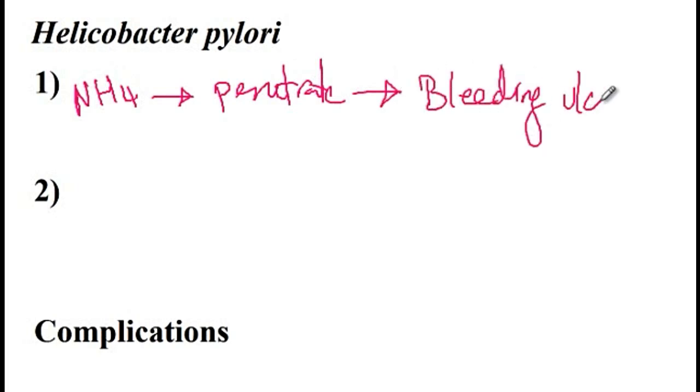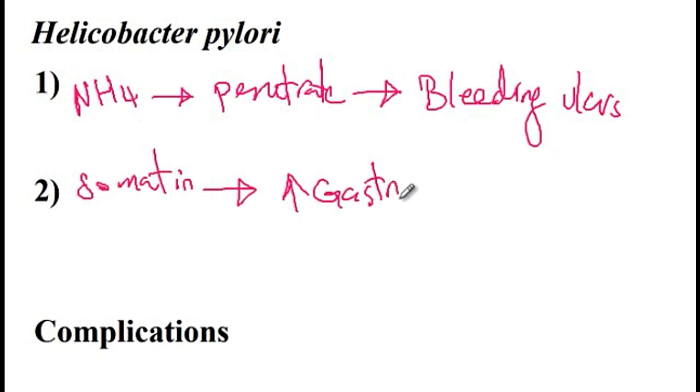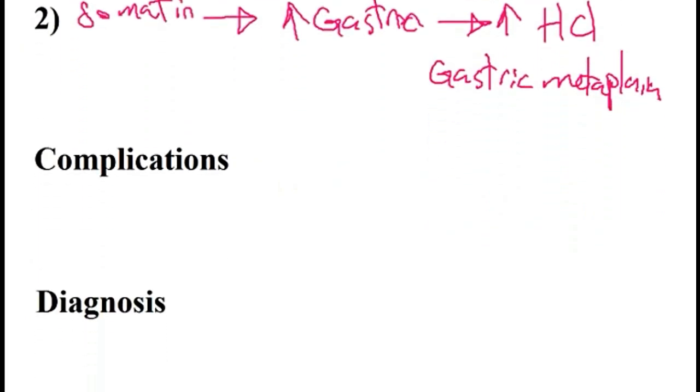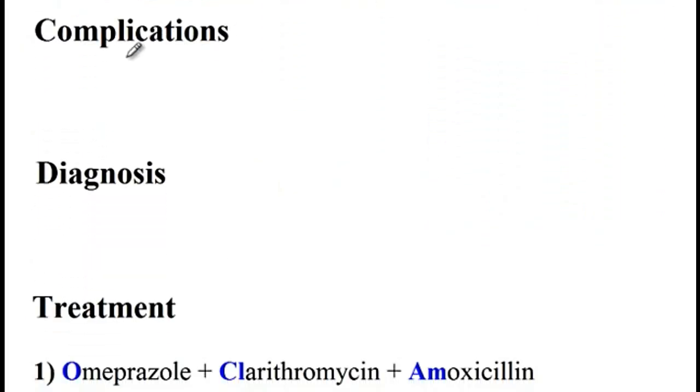And at the same time, Helicobacter pylori inhibits the somatostatin, as a consequence of which there would be an increased gastrin secretion, and thus there would be also increased gastric acid production. So these patients usually develop increased gastric acid with gastric metaplasia. Complications that can arise in these patients include, for instance, peptic ulcers, which I just discussed with you,